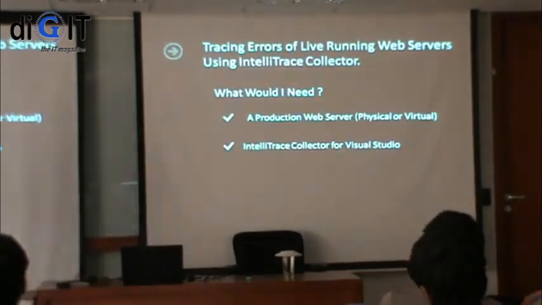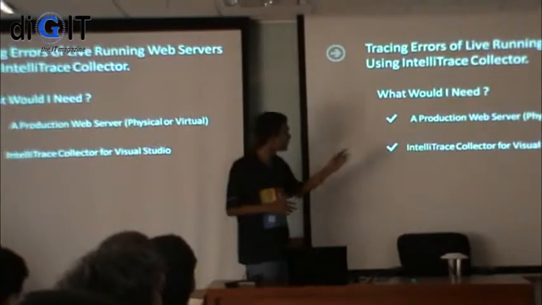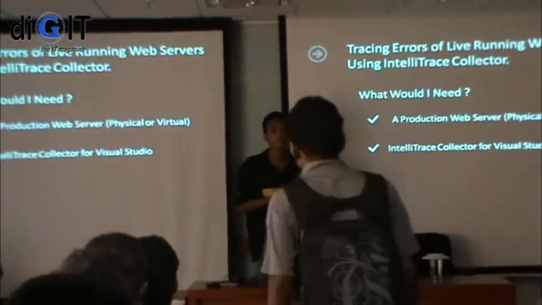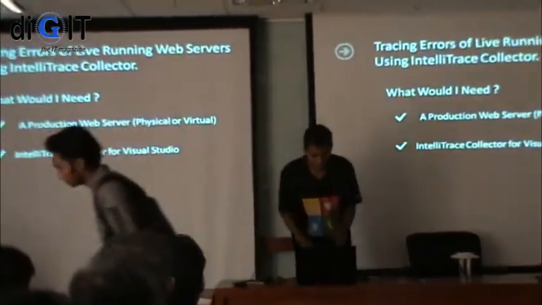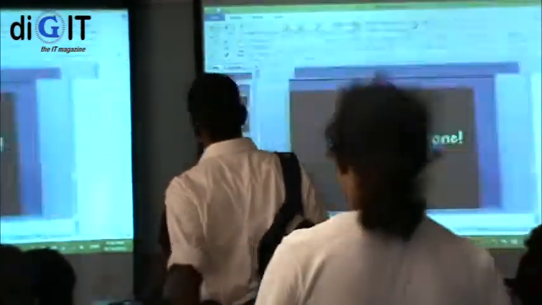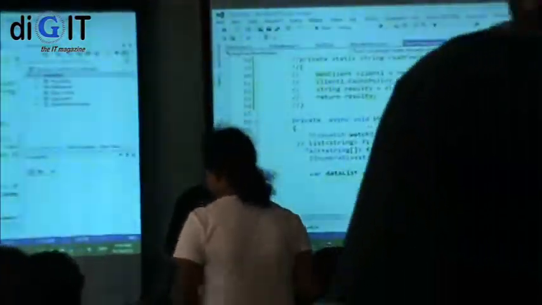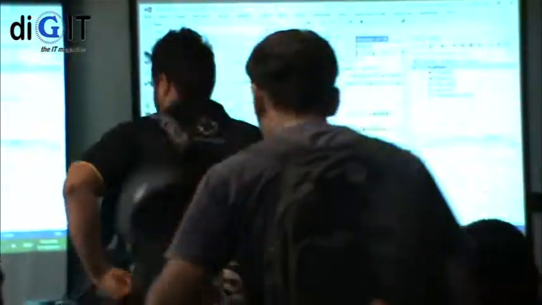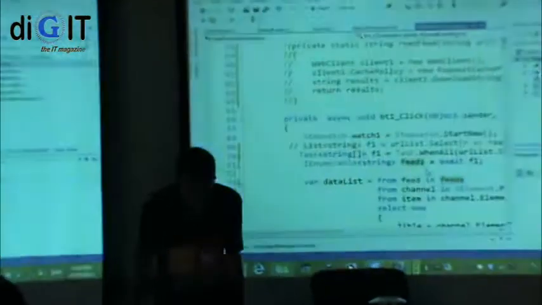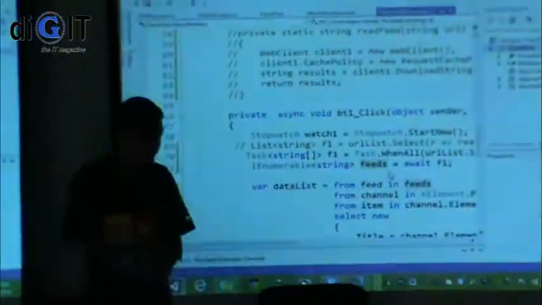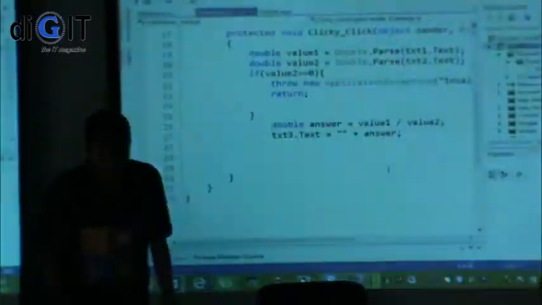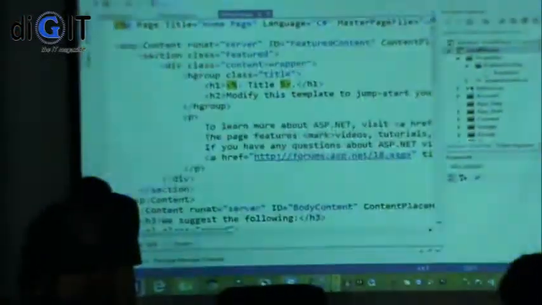As in the previous example, we need to install the collector for Visual Studio to achieve this task, and you don't need to have Visual Studio in your environment. For this example, I will use a simple ASP.NET application. Here I have a simple ASP.NET application, and I have added